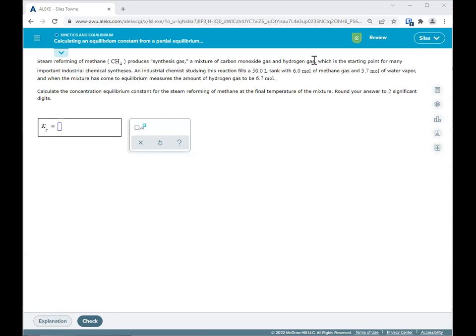Here you can solve for X using the one given value, which is this one, 6.7 moles, over that same 50 liters. I'll show you what that looks like for this type of problem. So first thing I'm going to do is convert from moles and liters to molarity. But let's write our balanced chemical equation to start. So we've got steam reforming, water reacting with CH4